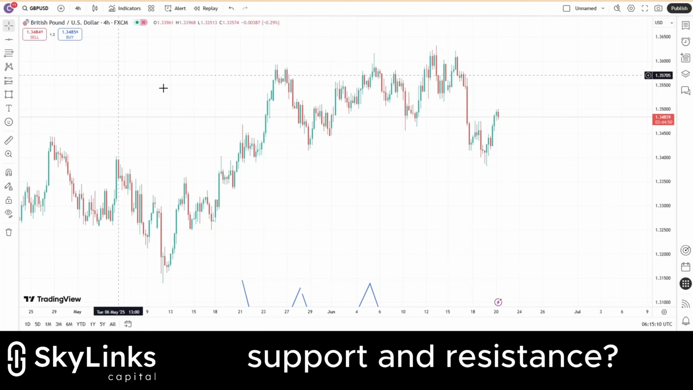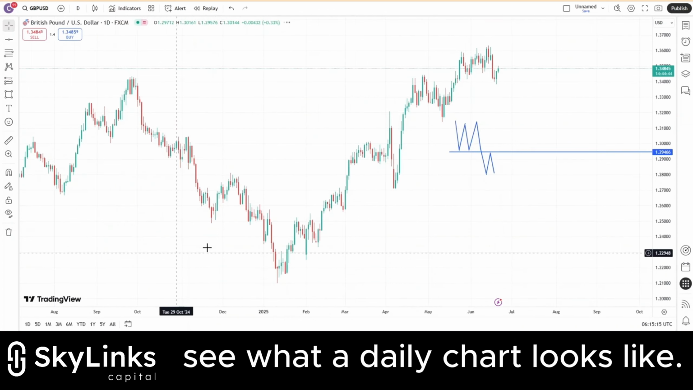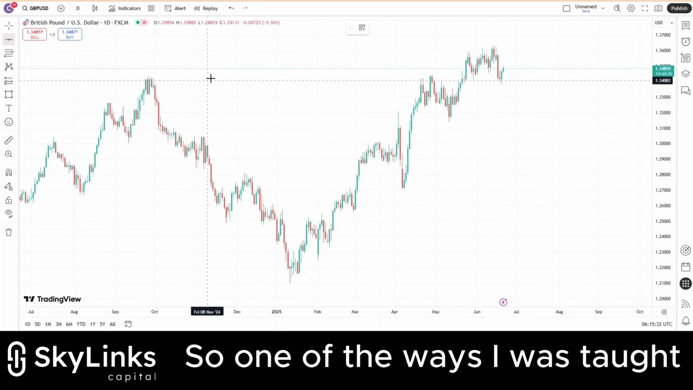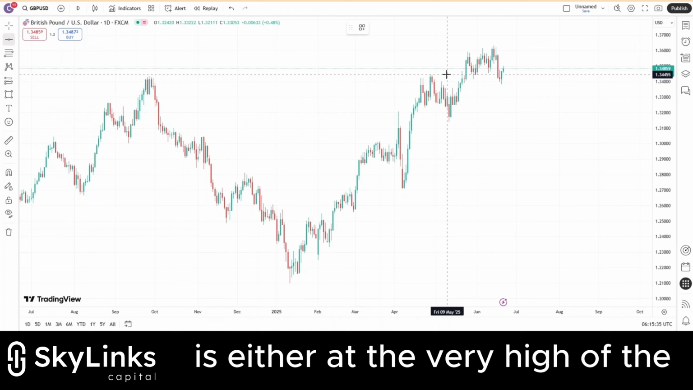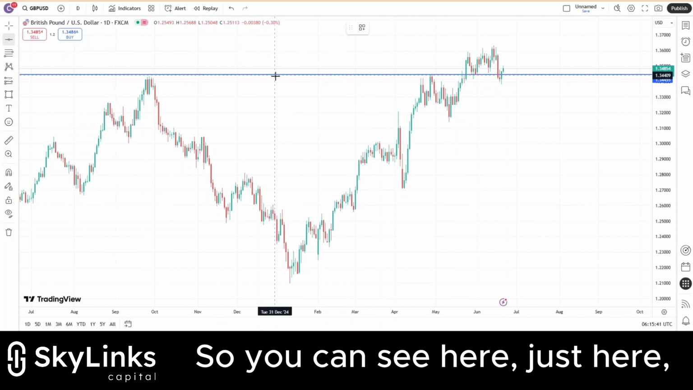How do you draw support and resistance? If we go to a daily chart, let's see what a daily chart looks like. One of the ways I was taught to draw support and resistance is either at the very high of the candles and where they close. So you can see